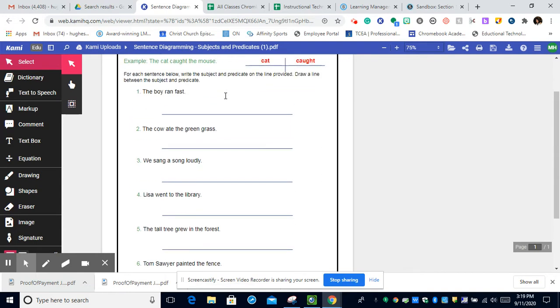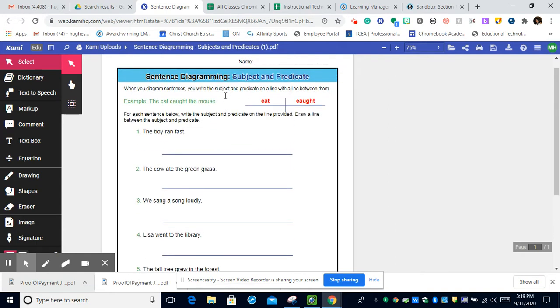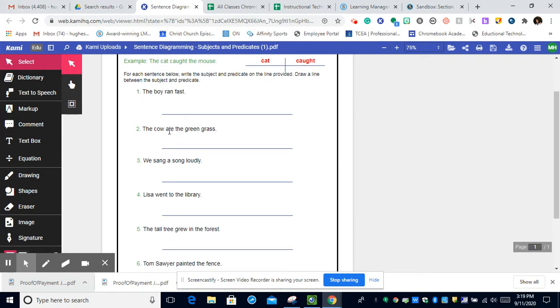So the first thing I need to do is, this is just a PDF. I need to make it an image. So what we're going to do is we're going to kind of trick Schoology, and we're going to use the label image feature to make this an auto-graded fillable worksheet. So here's my worksheet, and I need to,